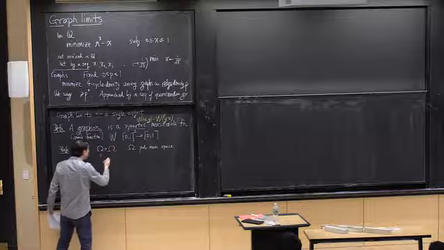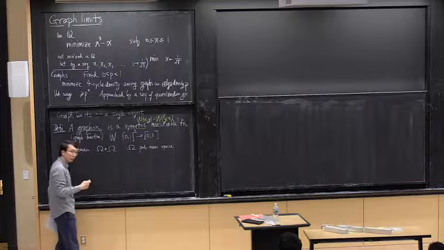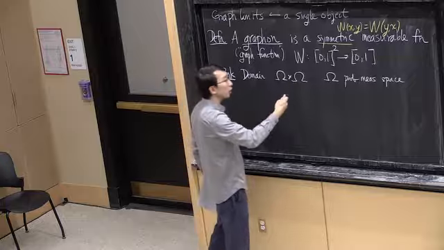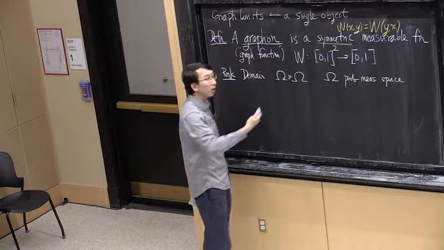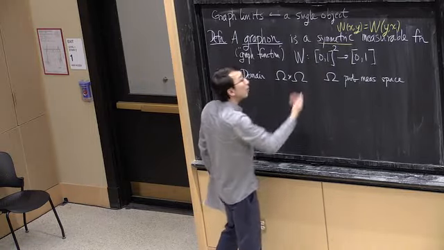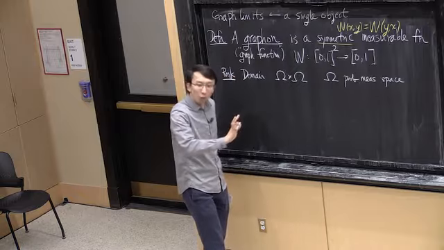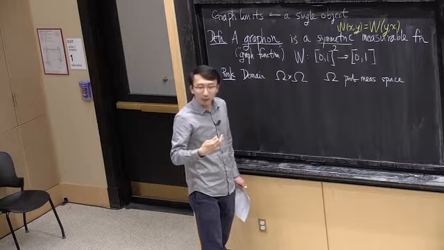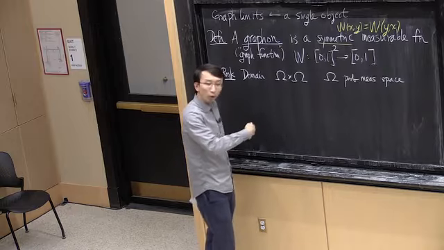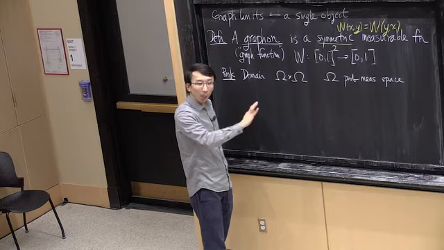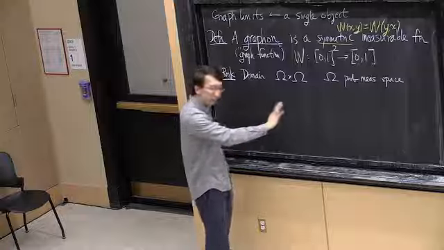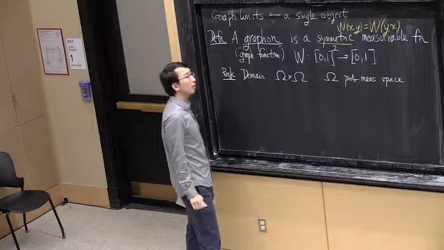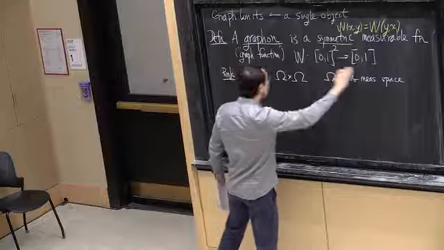Okay, so instead of taking the 0, 1 interval, I could also use any probability measure space. So it's only slightly more general. There are some general theorems in measure theory that tell us that in most probability measure spaces, if they're nice enough, they are in some sense equivalent or can be captured by this interval. I don't want to worry too much about all the measure theoretic technicalities. I think they're not so important for the discussion of graph limits. There are some subtle issues just lurking behind, but I don't want to really talk about them. Right, so for the most part, we'll be looking at graph functions of this form.